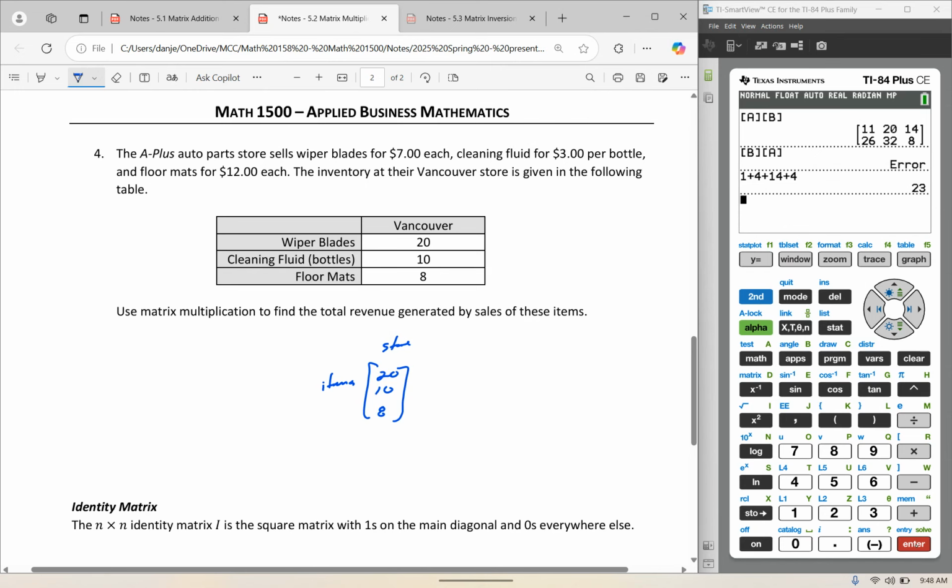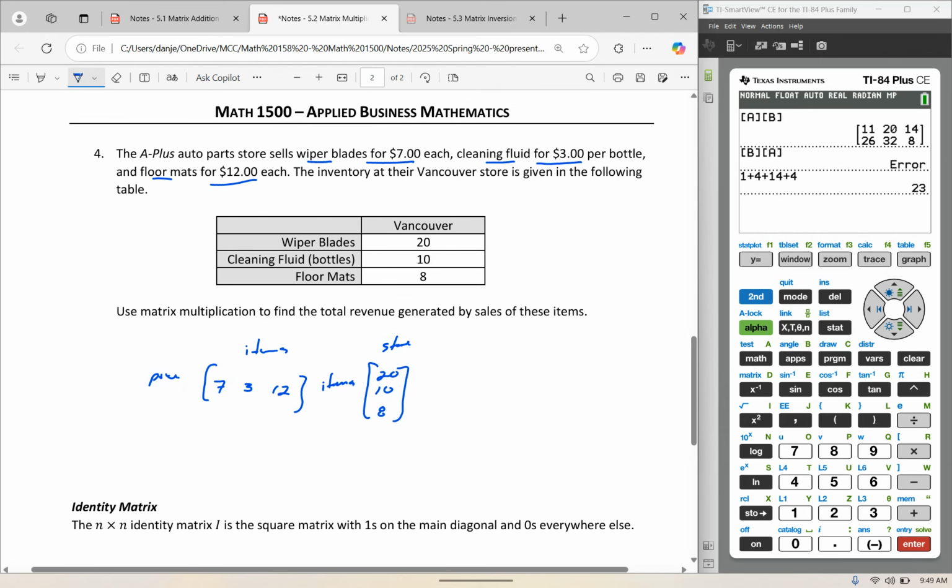I have 20 wiper blades, 10 bottles of fluid, and 8 floor mats. Also notice that the A Plus Auto Parts store sells wiper blades for $7 each, cleaning fluid for $3 per bottle, and floor mats for $12 each. I can set that up as a matrix also, but I want to be careful how I set it up. Notice that one of the dimensions is the items: wiper blades, cleaning fluid, and floor mats. I'm going to set that up as a row matrix where the row is price or money and the columns